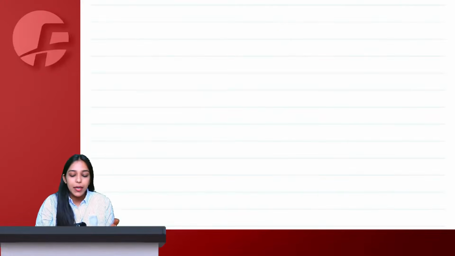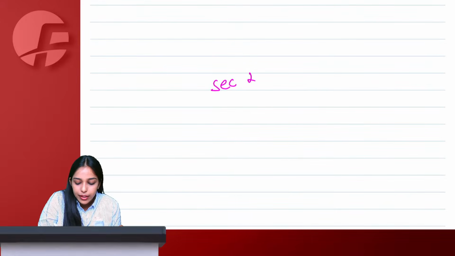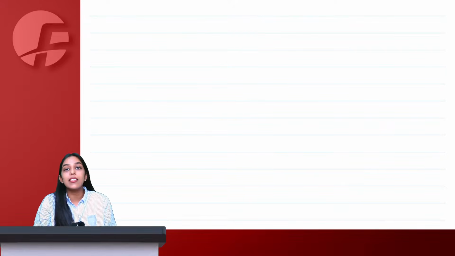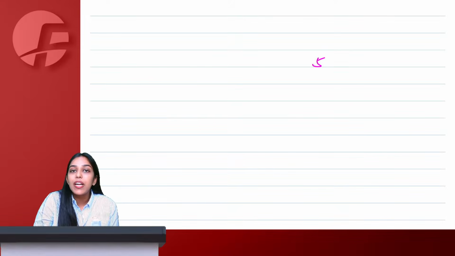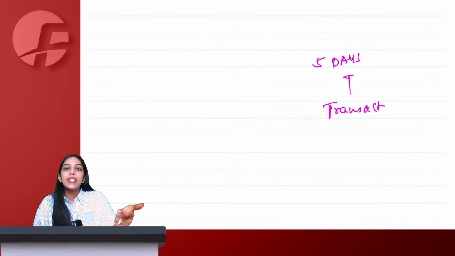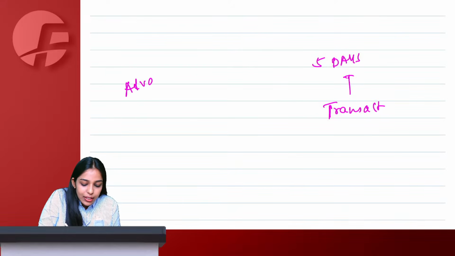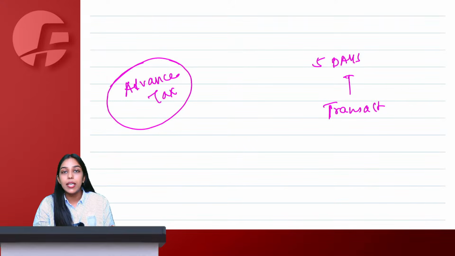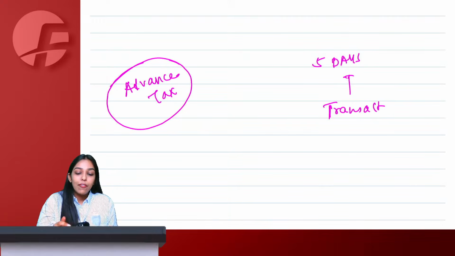Okay, I've already explained that point with section 25, right? In the procedure, we only saw that if you want to start your business as a casual taxable person or non-resident taxable person, you will have to apply at least 5 days prior to the date on which you want to start doing transactions. Also, while making the application, you will have to deposit advance tax. Whatever is your estimated tax liability, on that, whatever tax will be required to be paid by you, that tax you will have to give in advance only at the time of making the application.